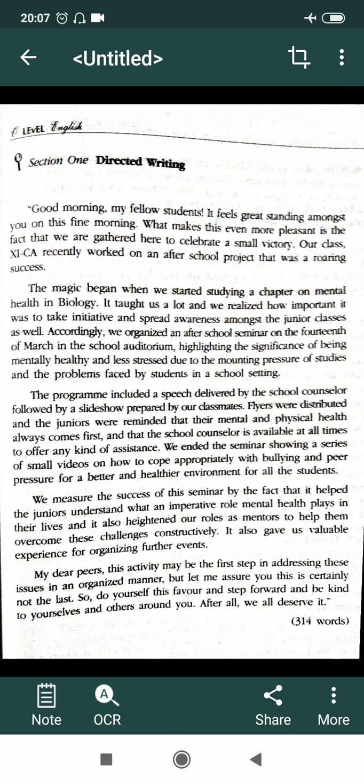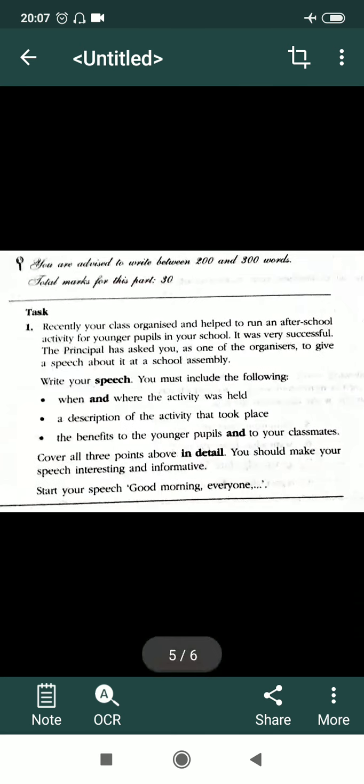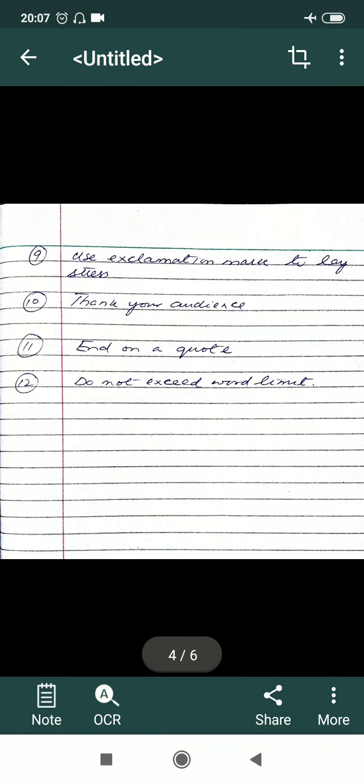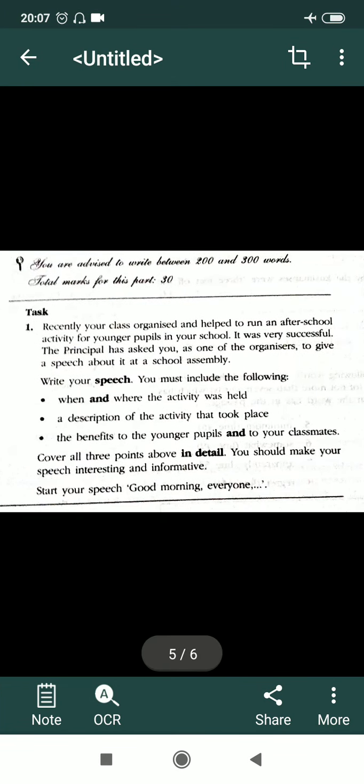So 2 speeches, plus these 2 pages in your copies. Okay, so I'm waiting for your copies, for your work to be submitted, in the group. If you have any questions, you can ask, and submit your work. Take a scanned picture and submit me your work. I will be checking it. That's it for now.